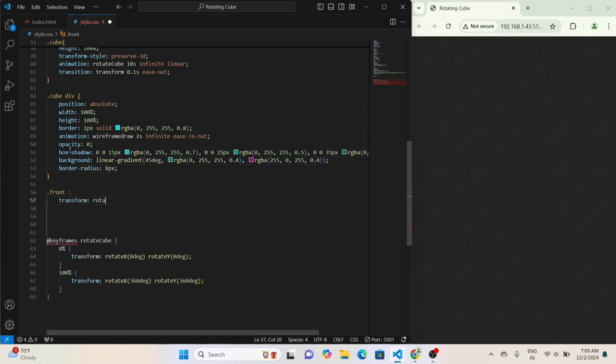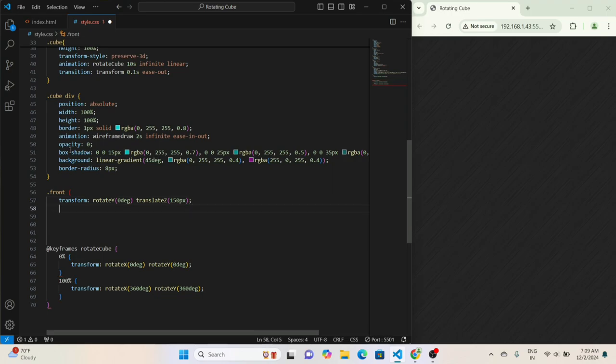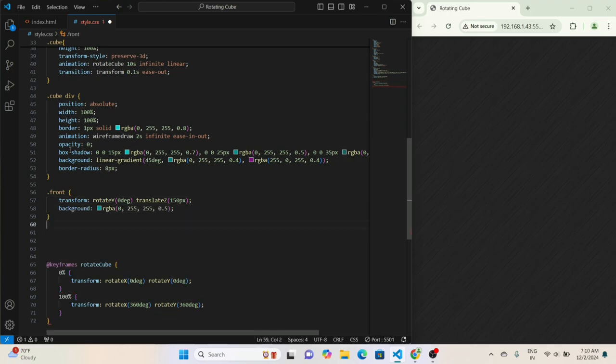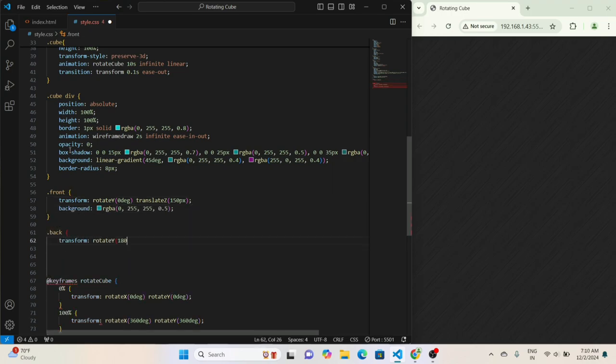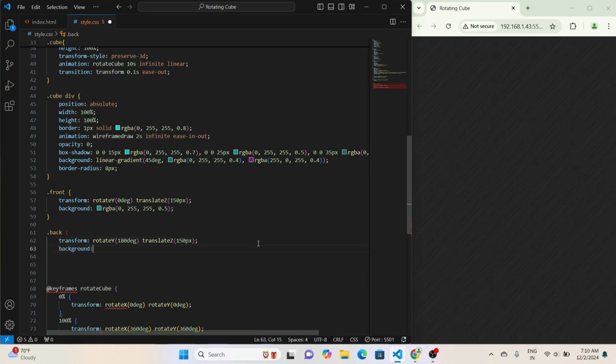Next, position each face using transform. For example, the front face is placed with rotateY 0 degrees and translateZ 150 pixels, while the back face is rotated 180 degrees.